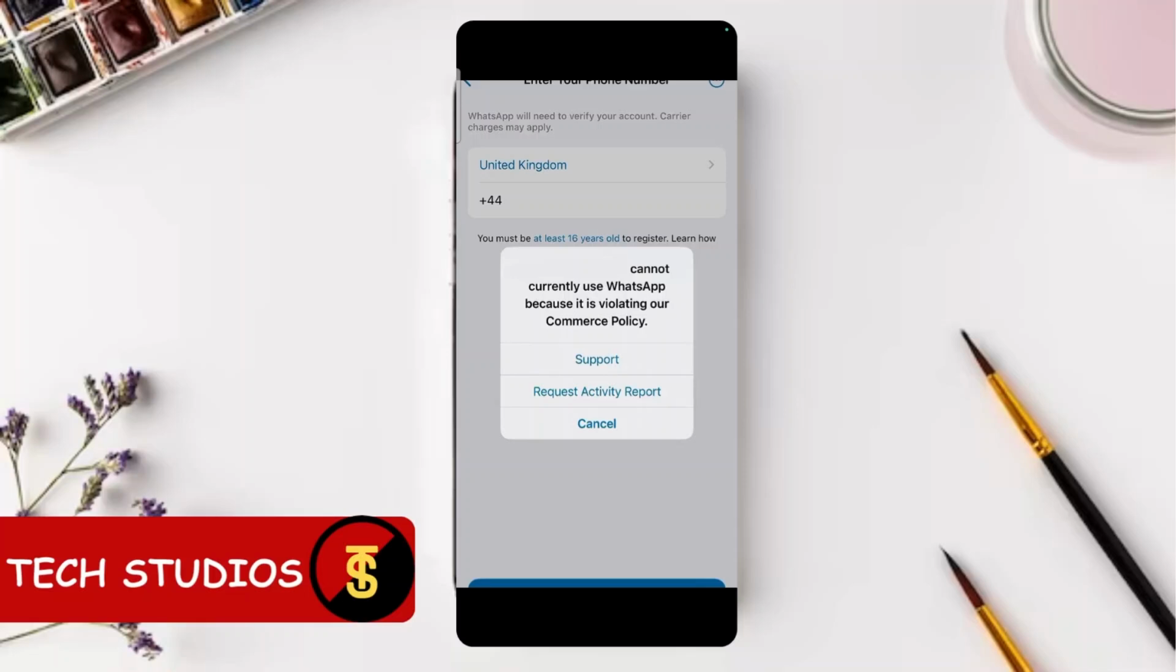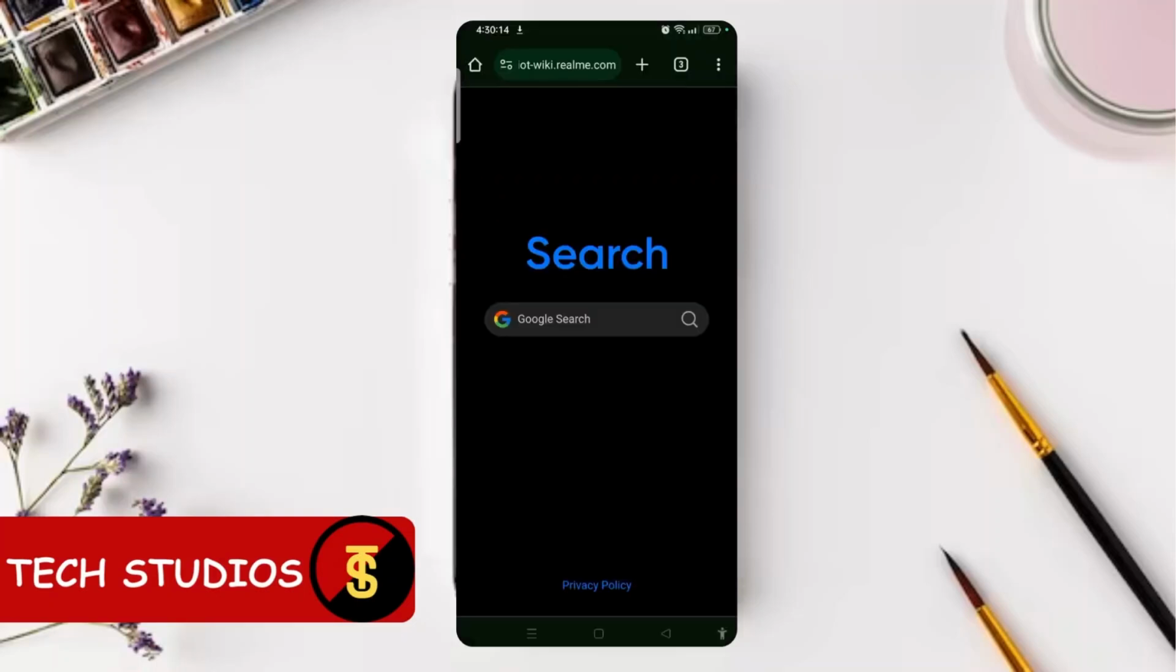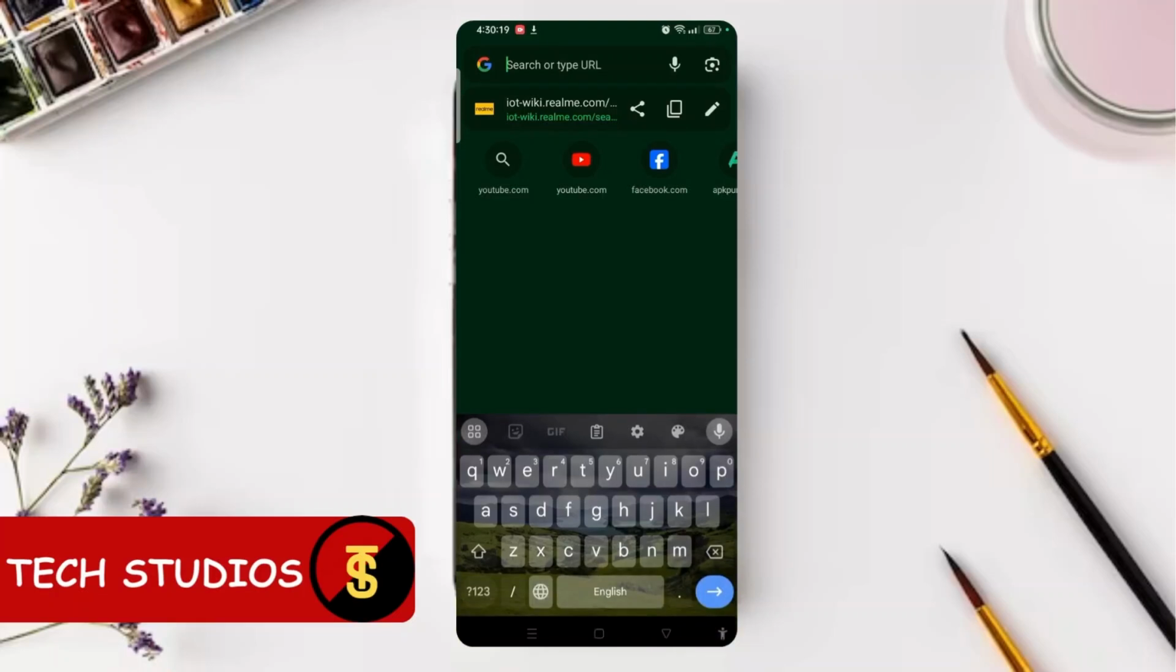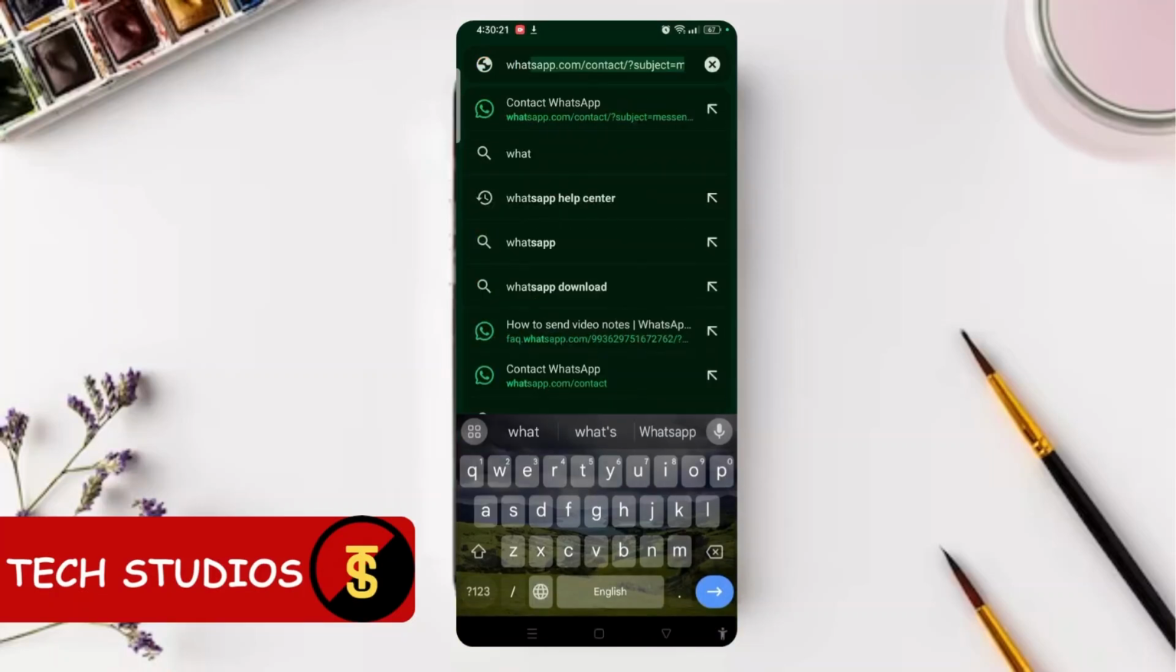And then once you have detected that, you need to contact WhatsApp support. For that, you can simply tap on the support button, or you can also open the browser of your preference and search for WhatsApp contact support team. For that, let's open the browser. So on the web address bar, you need to tap on it and search for WhatsApp support. Or you can also search for contact WhatsApp,